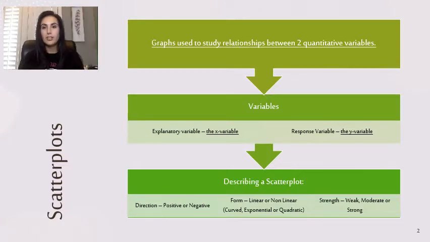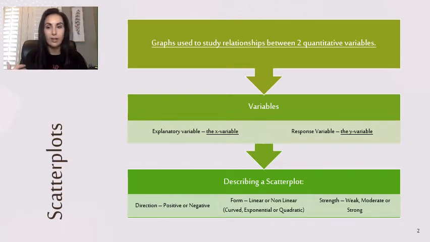We're going to start this chapter by talking about scatter plots. Scatter plots are graphs used to study the relationship between two quantitative variables. The two different variables that we're going to talk about are explanatory variables and response variables. Explanatory variables are the same thing as the x variable, and your response variable is the same thing